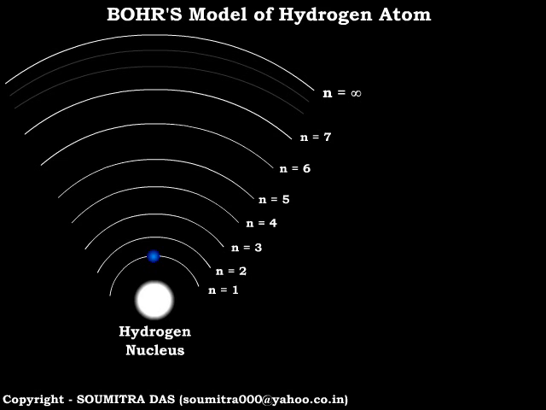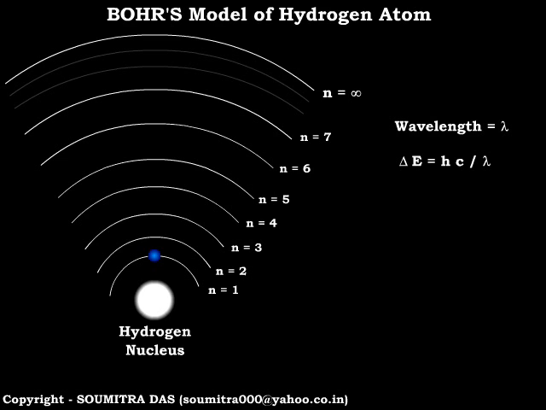When the hydrogen gas was excited by creating a potential difference in the tube containing the hydrogen gas at low pressure, the lone electron was lifted to a higher energy level. Now this electron at the higher energy level will come back to the lower energy level when everything cools down. In doing so, it will emit a radiation of wavelength lambda given by the equation delta E equal to hc